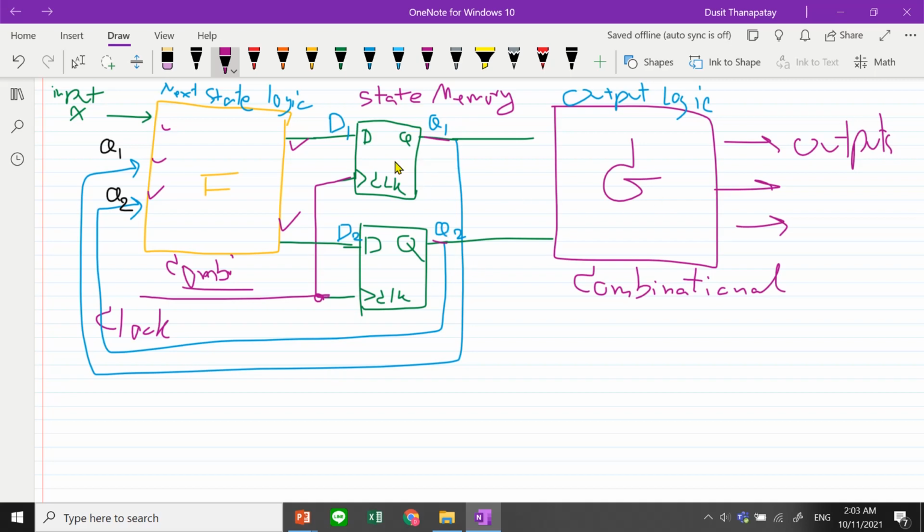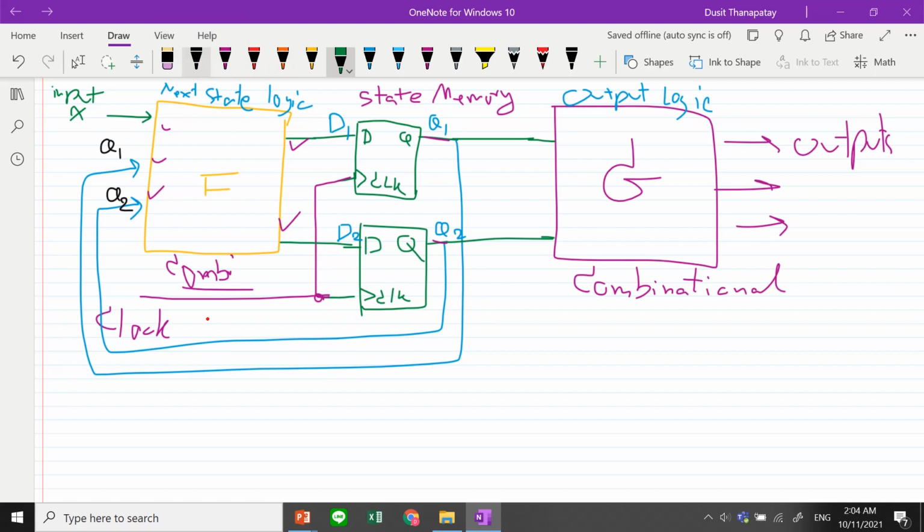So this is just some basic component. And now let's see the detail. First, if the output logic G gets the input just only from flip-flop, that means, look carefully, when clock